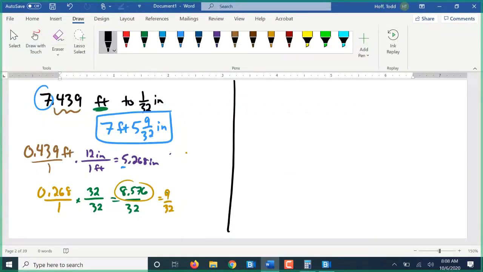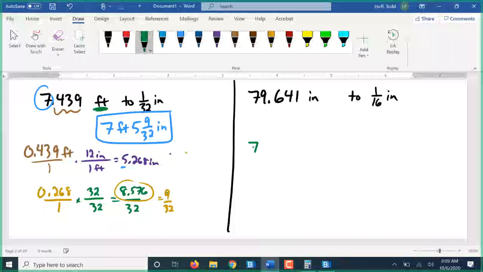Well, what if we started with inches? What if we started with 79.641 inches, and we want that to the nearest 16th of an inch? Well, our first step now has to be to find the whole number of feet. So I'm going to start out with my 79.641 inches,